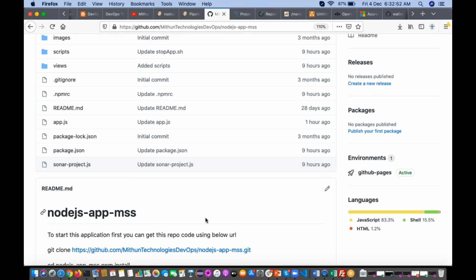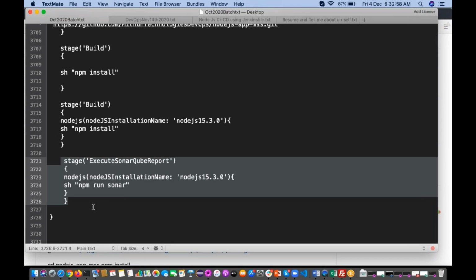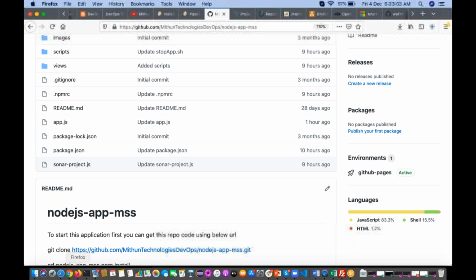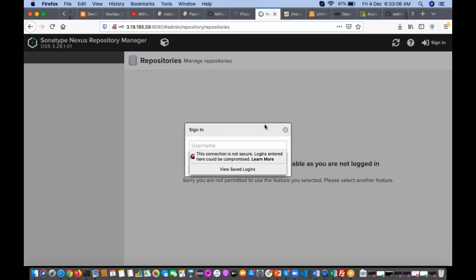Okay, so now I need to upload this artifact into the artifact repository. So first you can create one repository in the Nexus server.